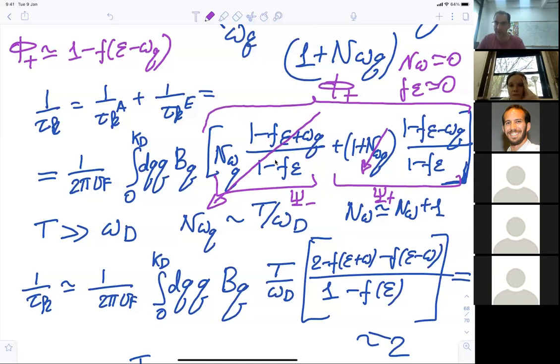Everything else drops down in this limit. Now I need to decide where to place epsilon. You remember there was a considerable simplification of the energy conservation delta function that required